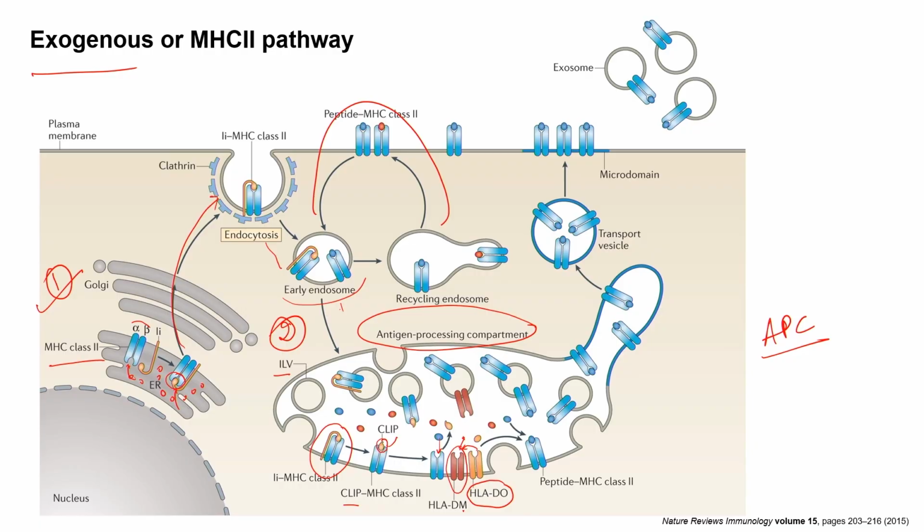So, DO can help the activity of DM, and DM can remove the clip molecules in order to dock the antigen. So, this is again a very synchronized and complex phenomenon that is happening in the vesicle, where the antigens are actually loaded post removal of the self-generated Li chain specific clip molecules. So, clip is removed, and now these peptides are loaded on MHC2, and then this can be trafficked to the